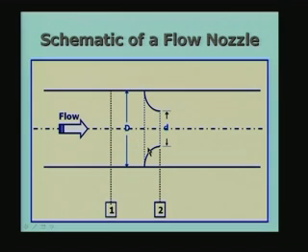So, here again what you see is that I am measuring the pressure at section 1 and the pressure at section 2, which may be at the exit of the nozzle or some other specified location, and we measure the pressure difference and again relate it to the volumetric flow rate. Again I have used the same symbols, capital D for the pipe diameter and small d for the smallest section of the nozzle. This is the exit section, the smallest section.